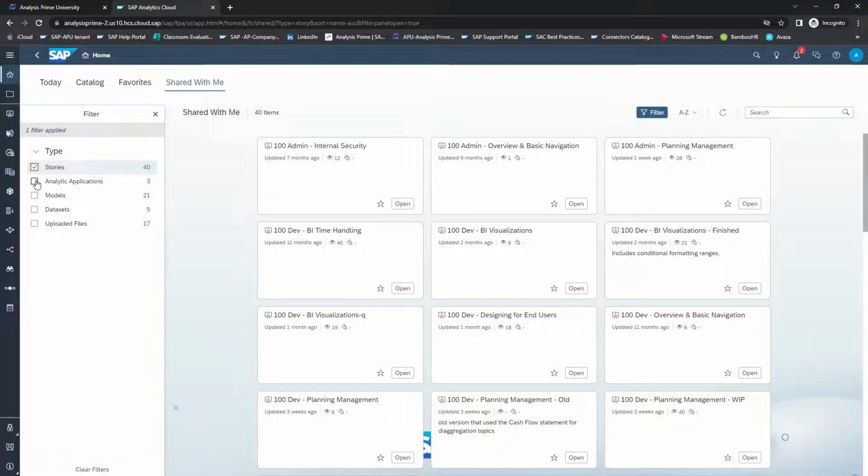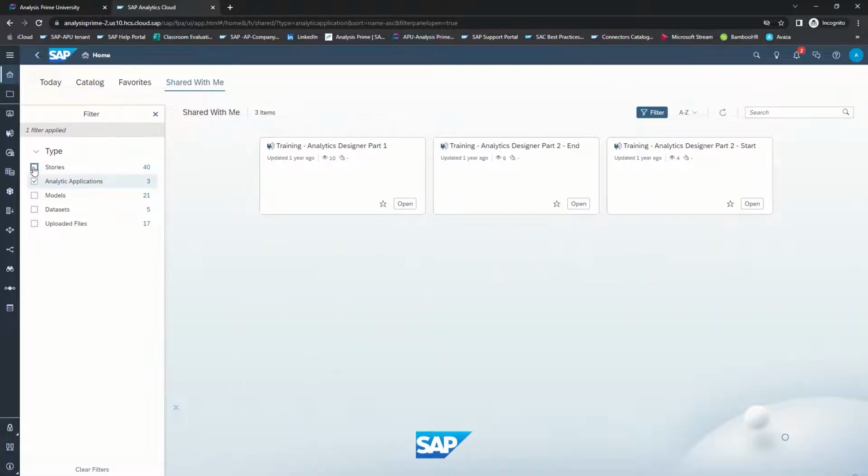You can add in more than one, you can add in all of them. It's very easy to change your view and to set up whatever kind of Shared with Me view that you want. And if you don't want to use that at all, you can just clear filters.